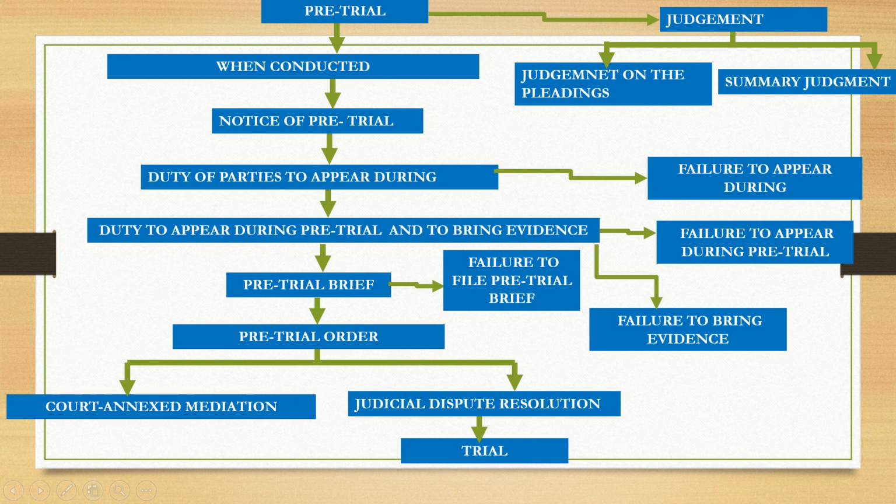The old 1997 rules provide that upon the termination thereof, the court shall issue an order which shall recite in detail the matters taken up in the conference, the action taken thereon, the amendments allowed to the pleadings, and the agreements or admissions made by the parties as to any of the matters considered. Should the action proceed to trial, the order shall explicitly define and limit the issues to be tried. These items have been significantly expanded under the 2019 amendments with a specific period for the issuance of the pre-trial order.